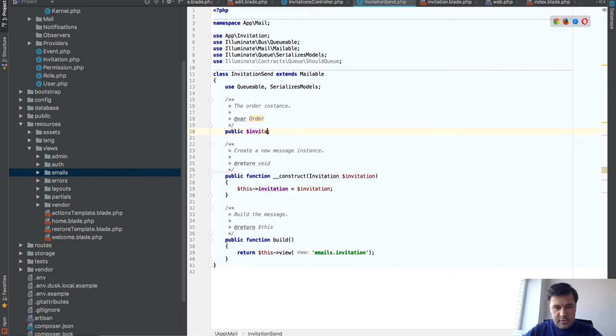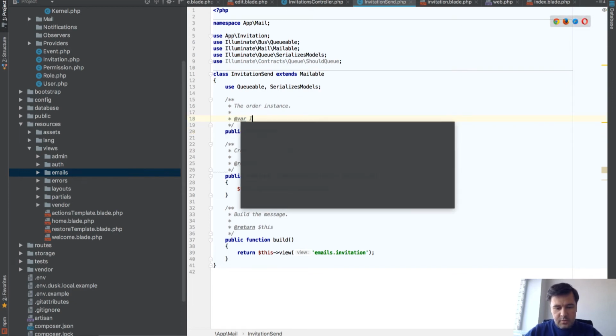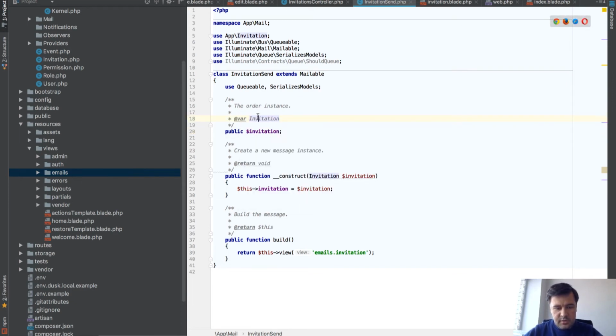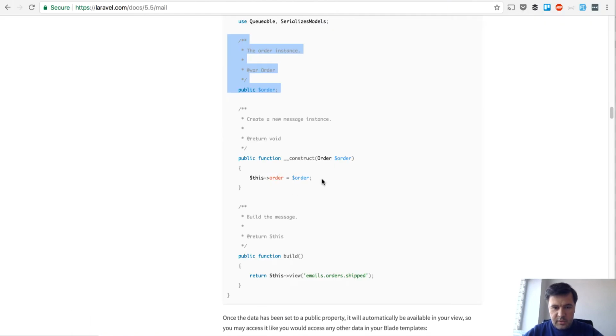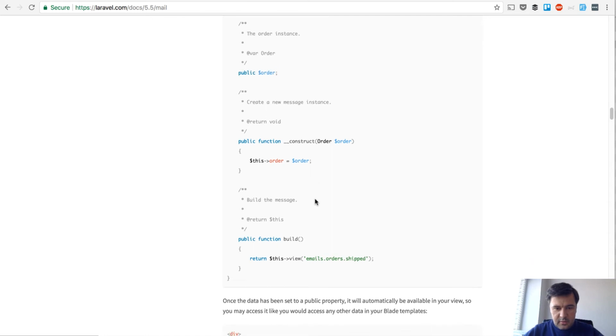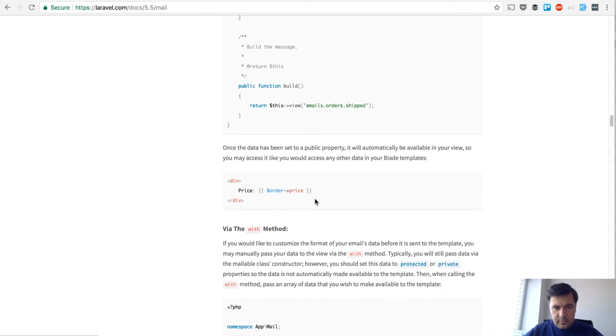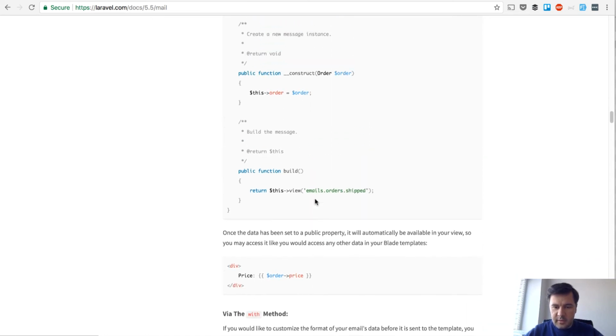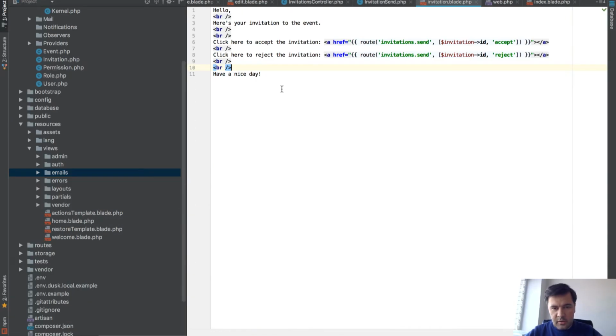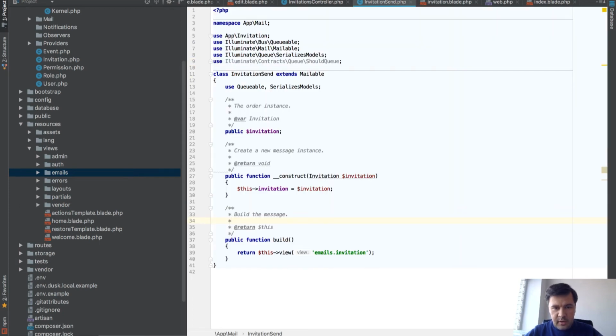So invitation instance, and then we need to pass it. Actually, it's passed automatically. I think it will automatically be available in your view, so we don't need to change anything here. Right, okay, now how do we pass it to the send invitation,